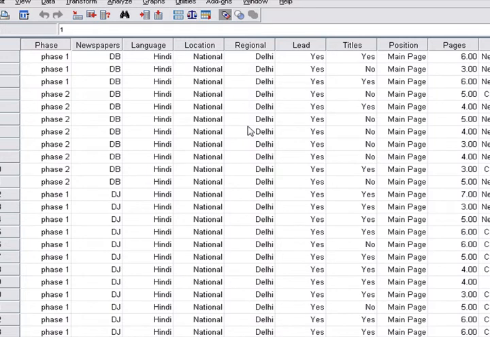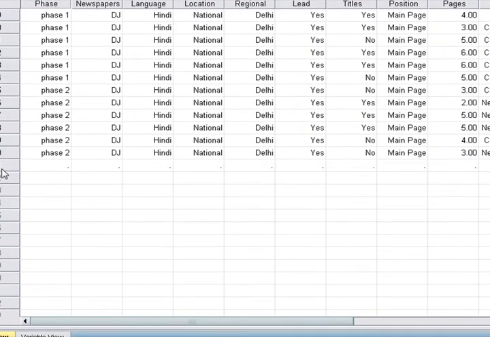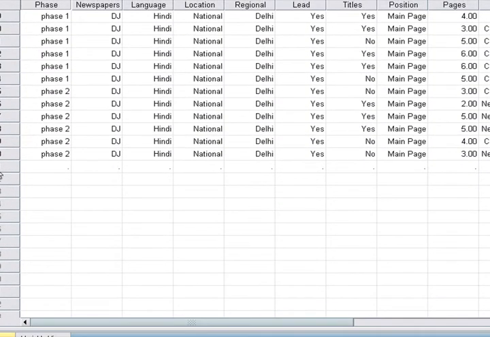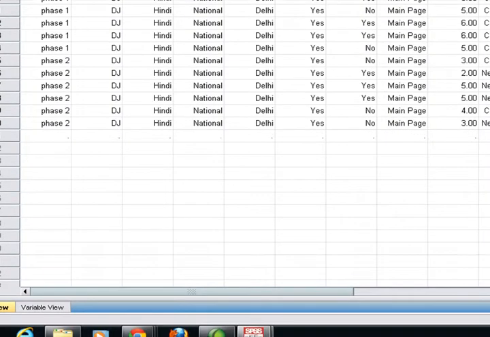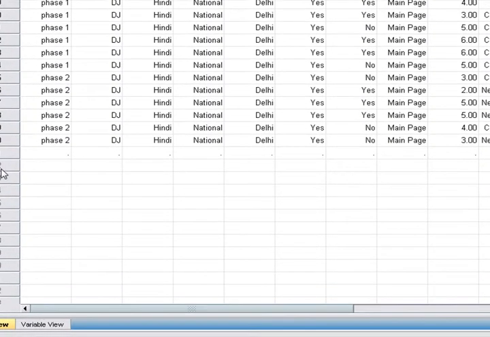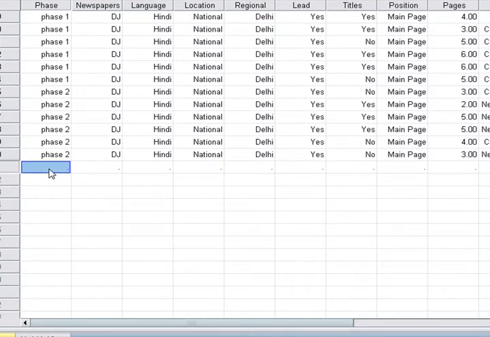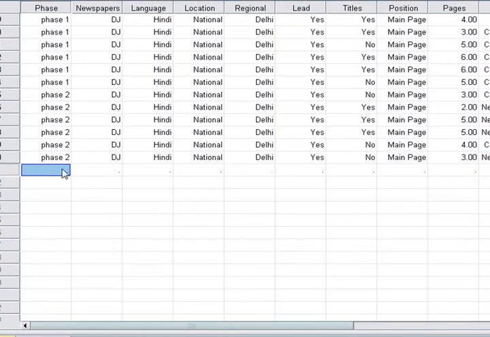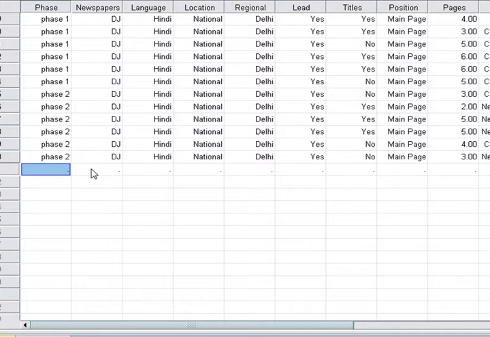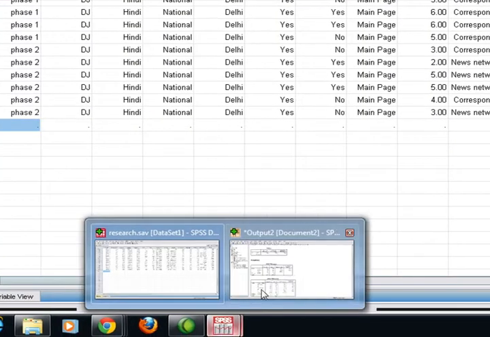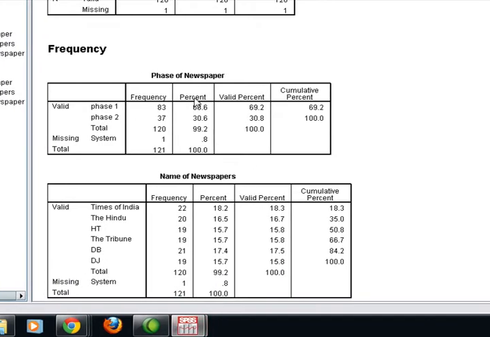Now see, this one is missing. You can see that 121 is highlighted, whereas 122, 123 are not highlighted. So it is also counting this item number as part of the analysis. So it is showing one missing. So don't worry about that. Just go to the analysis.